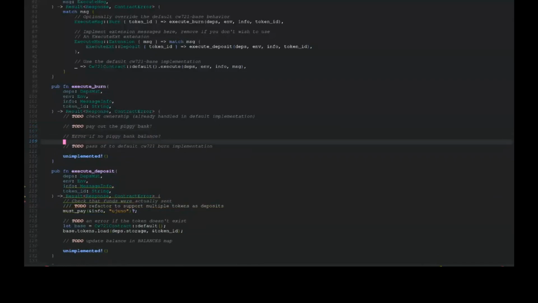Yeah, we could do that. We'll make a question mark. But yeah, it's possible. So we could check if this has a balance and then throw an error if it doesn't have a balance. So let's actually just,